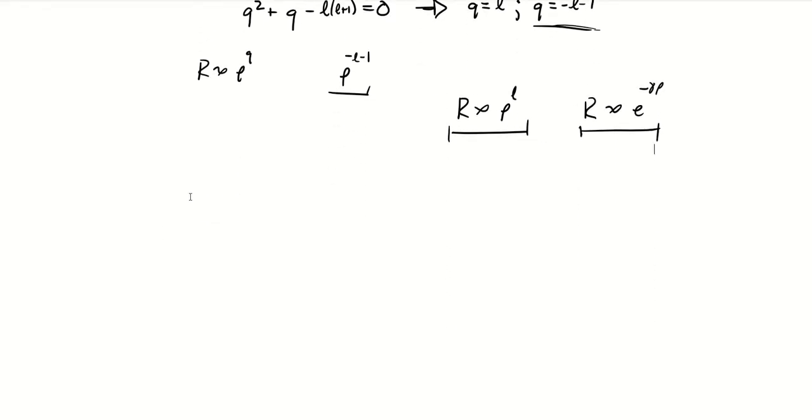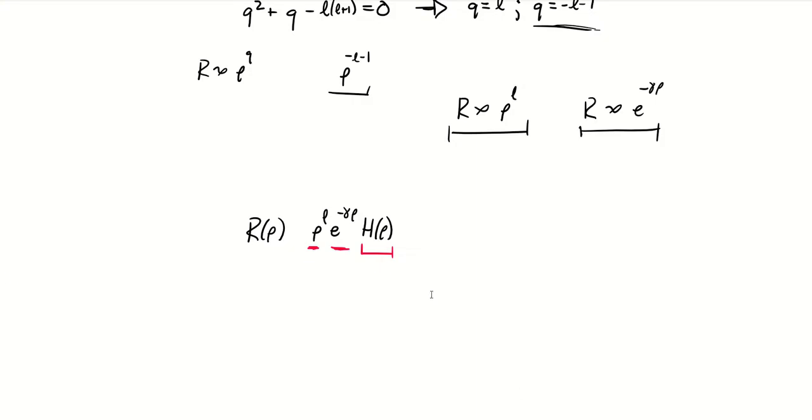We can just put these all together, and we're expecting our function of rho to go as rho to the L times e to the negative gamma rho times some other function of rho that's going to connect these parts of the function that dominate at small r and then at large r. This is the function that we multiply with it that connects the two and describes that intermediate range.